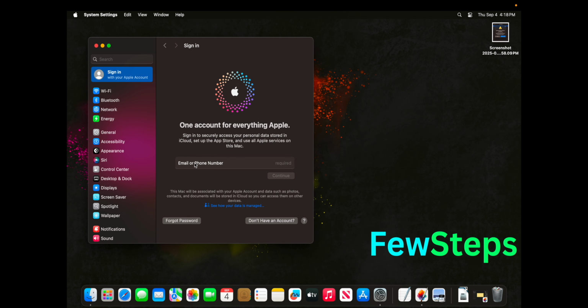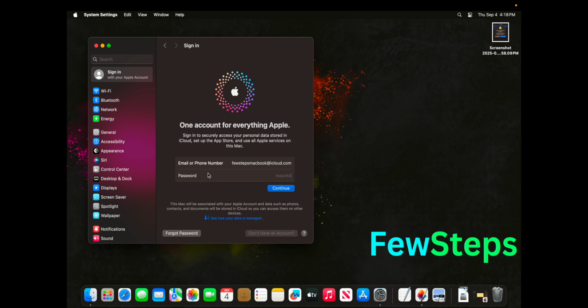Here there is an option, it is called email or phone number. So here we just need to type the email address of our Apple ID. So I'm going to type the email like iCloud account, and then I'm going to hit the continue button. Now it is asking the password, so I'm going to type the password of my account and then press the